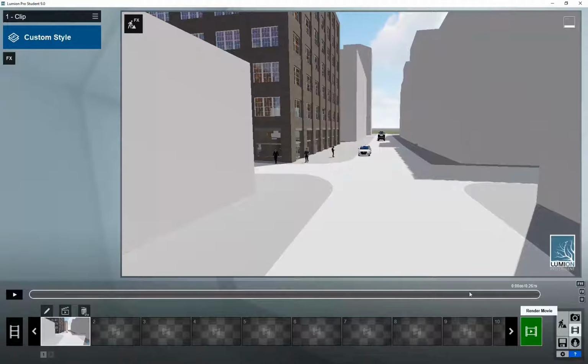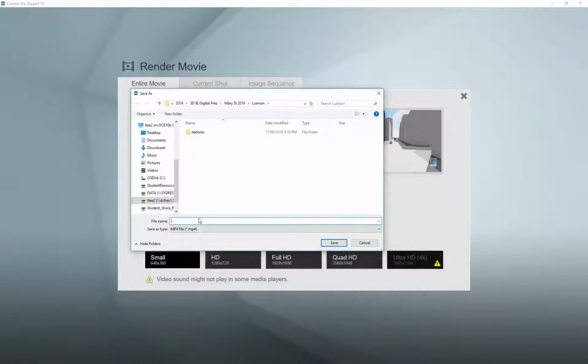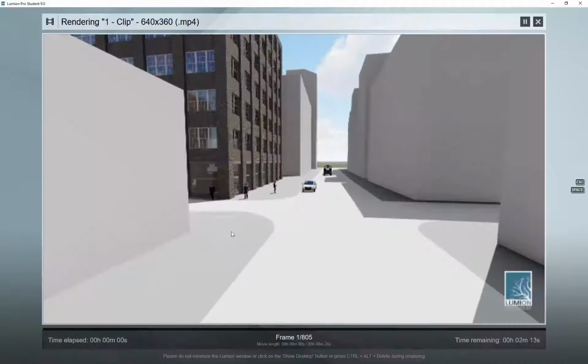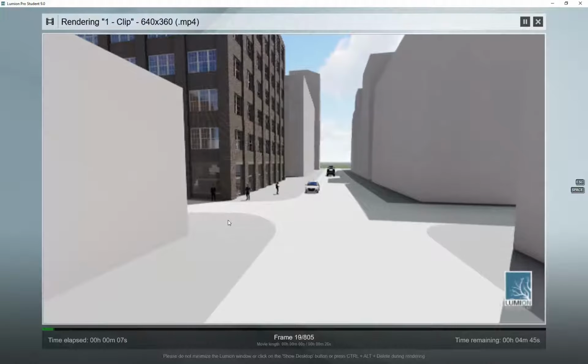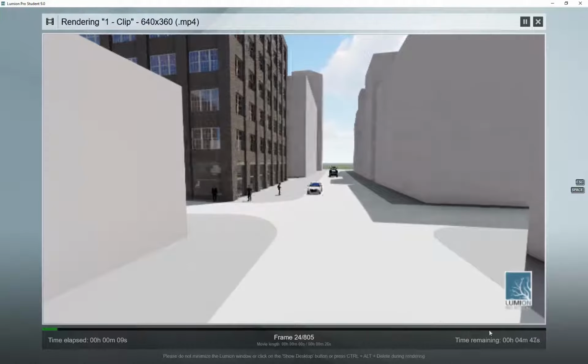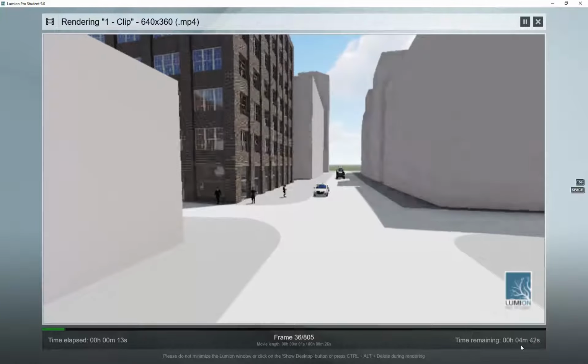To then export that movie, there's that render movie button, and you can just choose the resolution. I'll just do it small here so it goes through quickly. It's okay, but for the final you generally do it at least HD, or if not higher. So this will take a bit longer. Even on low quality, you can see it'll take 4 or 5 minutes, which might seem like a long time,